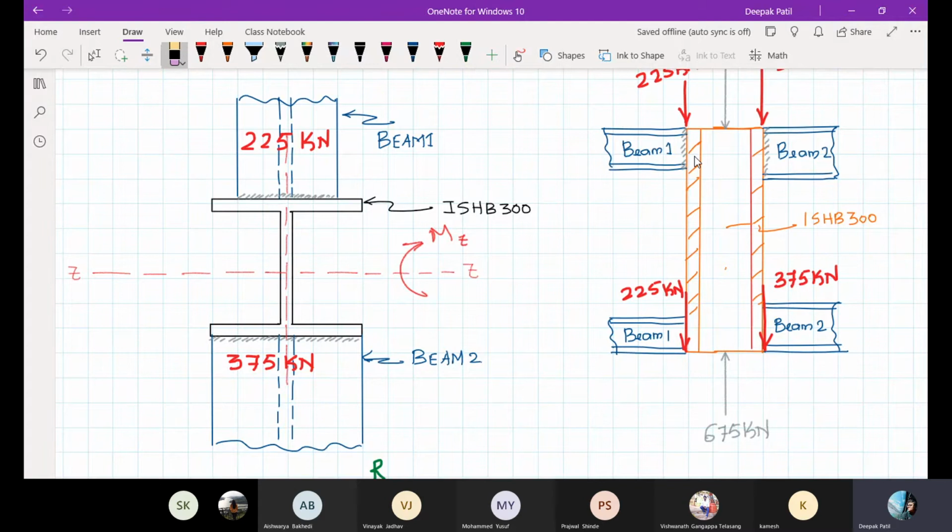It is Mz. How you have to assess is you can see here, these are the directions of the beams which are getting connected. If there is a bending moment along these two, it means if these beams bend in this fashion, if these beams deflect in this fashion, then this column will also be deflected in the same fashion. Yes or no? It will be deflected either on this side or on this side. So it means the bending moment is not My, it is Mz. Are you clear?